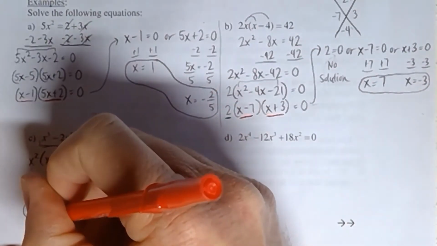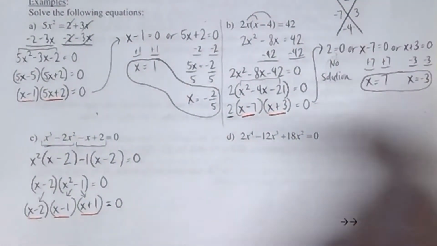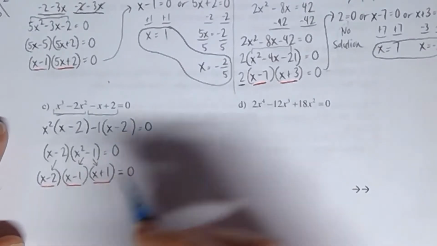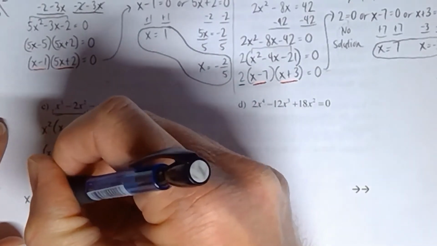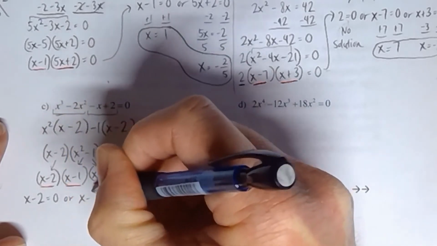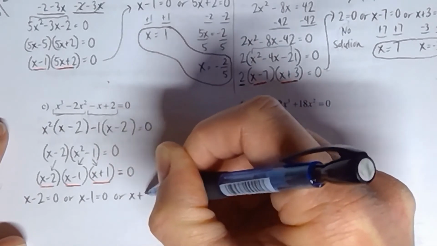When we get 3 brackets, you guys, no GCF in the front, but just 3 brackets and that's it, then that's 3 things. That's how you want to visualize that. That's 3 things being multiplied together. And so we set those 3 things that are being multiplied together, each of them equal to 0.